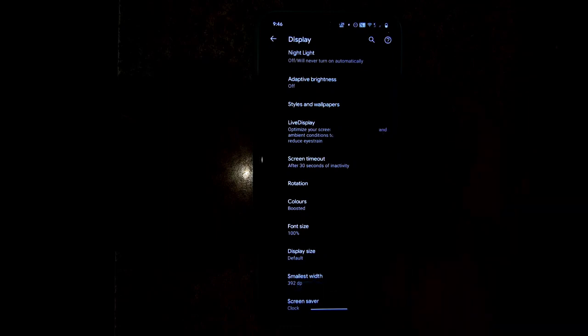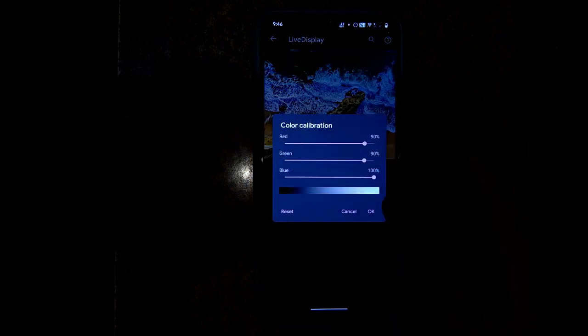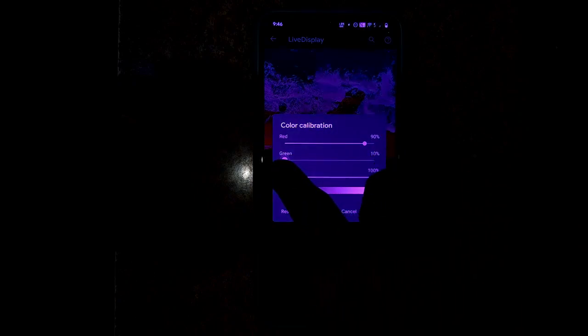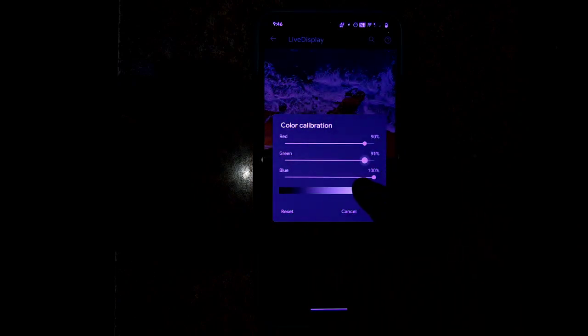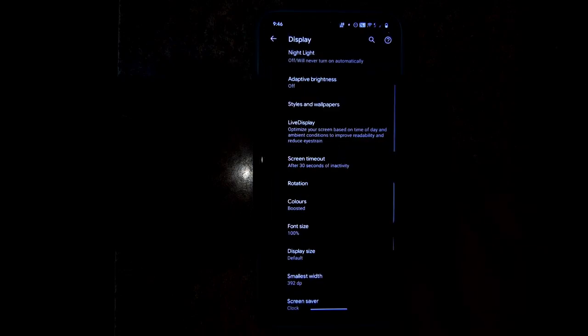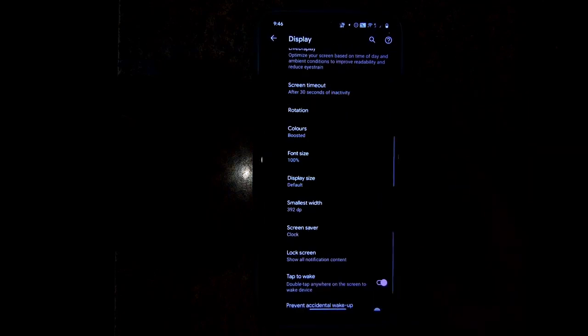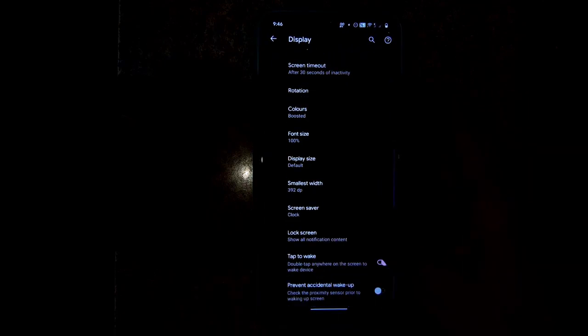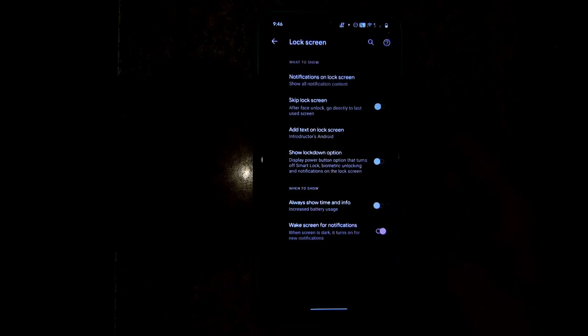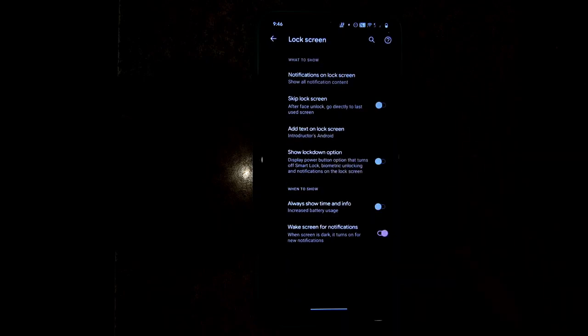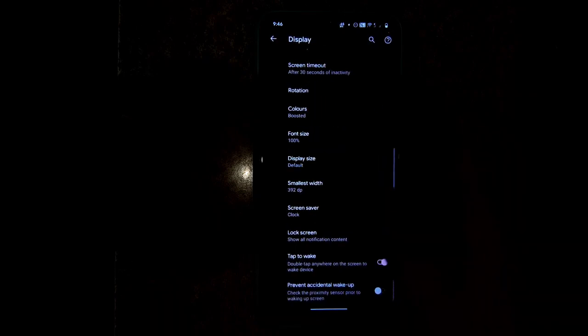shapes. Then we get to see live display options, and it's working. You guys can see this. Colors is actually changing. Okay, so then we get to see screen timeout, rotation, colors, font size, display size, smallest width, screensaver, lock screen settings, which have notifications on lock screen, skip lock screen text, AOD, double tap to wake and preventing of accidental